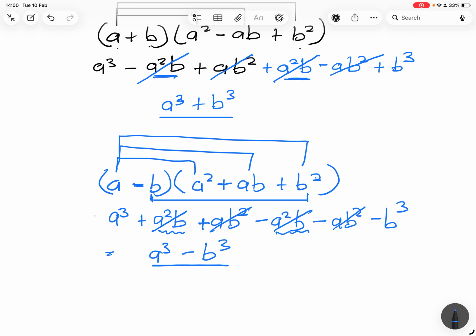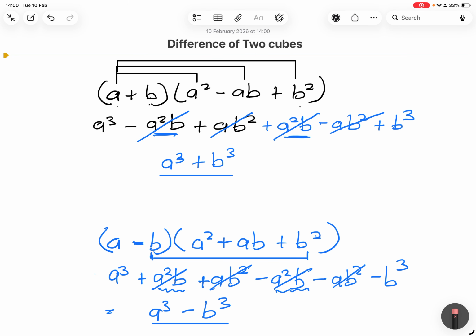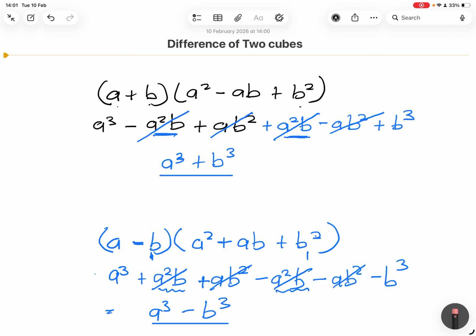Exactly what we were talking about there. Right, so what do we learn from this? I just want to remove all of this junk that's here. What do we learn from this? That every single time I've got a binomial and a trinomial, that seems to have somewhat the same